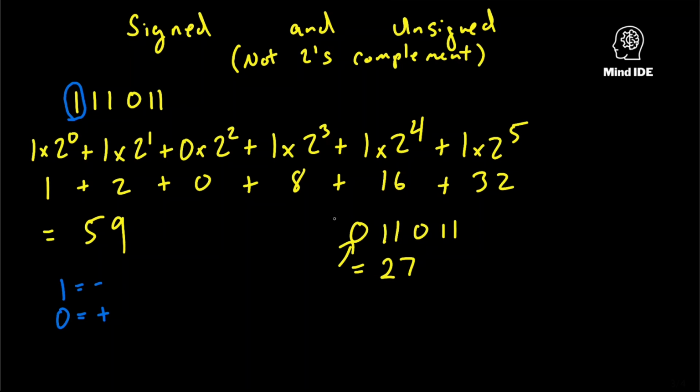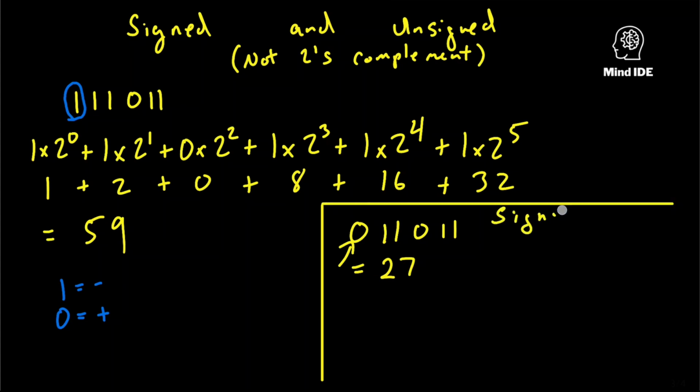Whereas this is, let's just split this off so we don't get it confused. So this is signed. So if it's 0, it's positive. Whereas if we had 1, 1, 0, 1, now this is going to be negative. So we just throw that negative sign, 27. So in signed, that is a negative 27, converting it from binary to decimal,